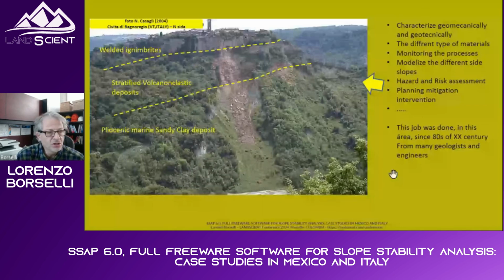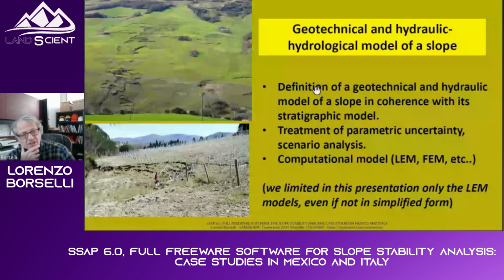This is an image of Nicola Casali, and this is an area that has been studied for a long time, but is extremely important, for example, because of the interaction that I indicated. So these kinds of interaction are fundamental for the definition of the geotechnical hydraulic model of a slope